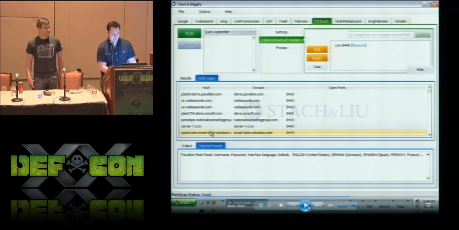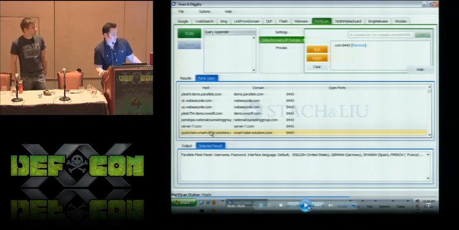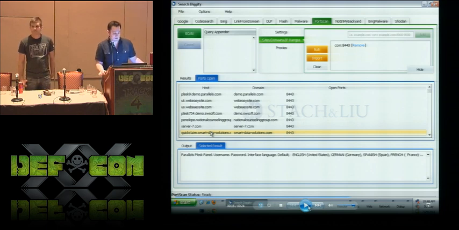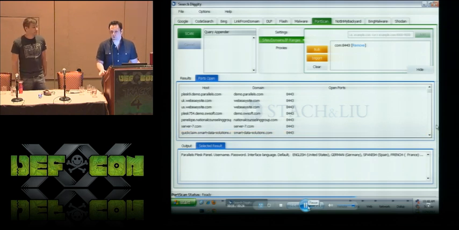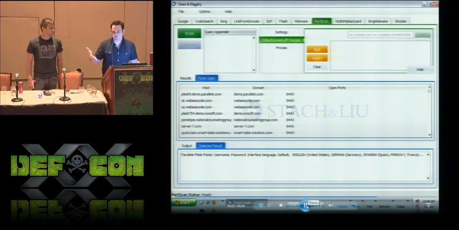And now we can see the view of the actual raw results, the URLs and things like that. And then you can even switch over to more of a port scan kind of result view and see a list of hosts that we found and a list of ports that were open on those hosts, effectively giving you